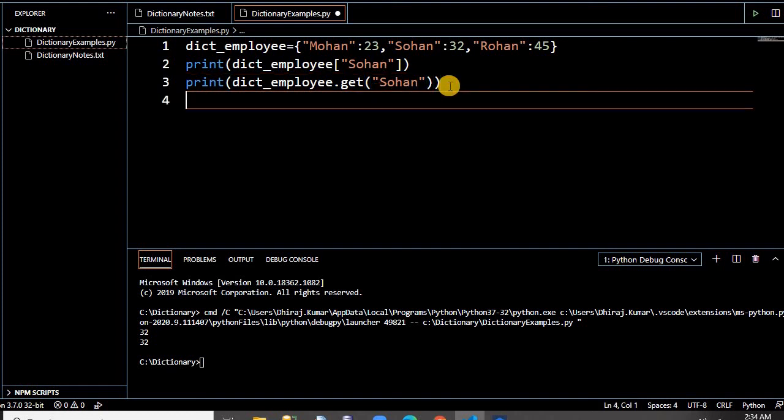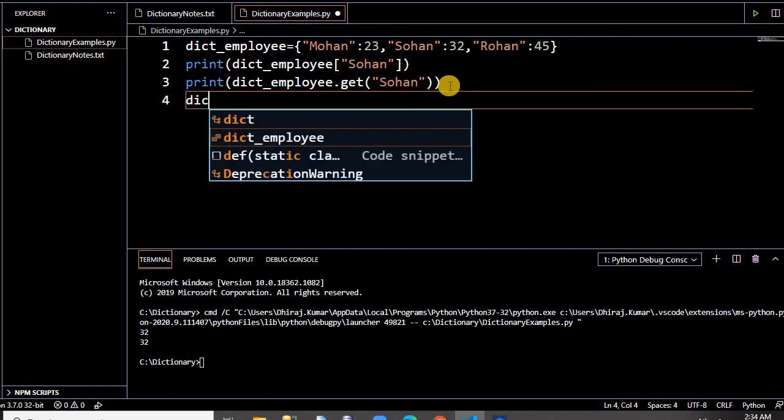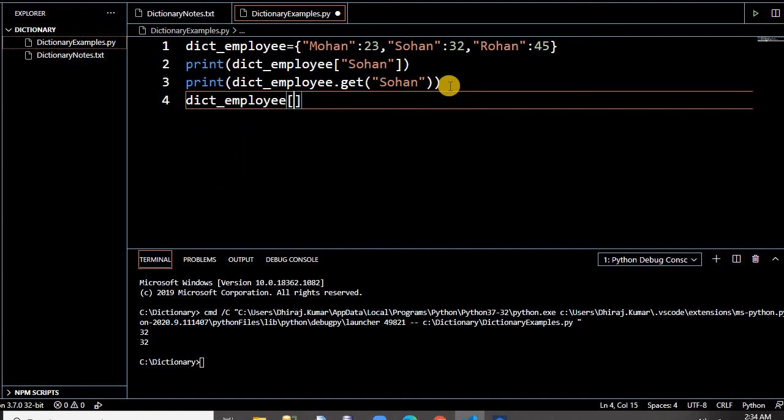Let's see how to update it. Let's say I have written the age of this one as 32, but it's wrong. Let me update it to 35. So how do we do this? Just simply write the dictionary, pass the key, and then provide the updated value, and 32 is updated by 35.